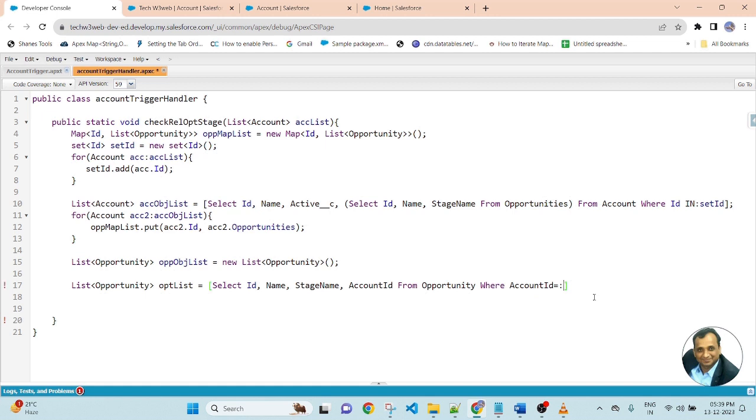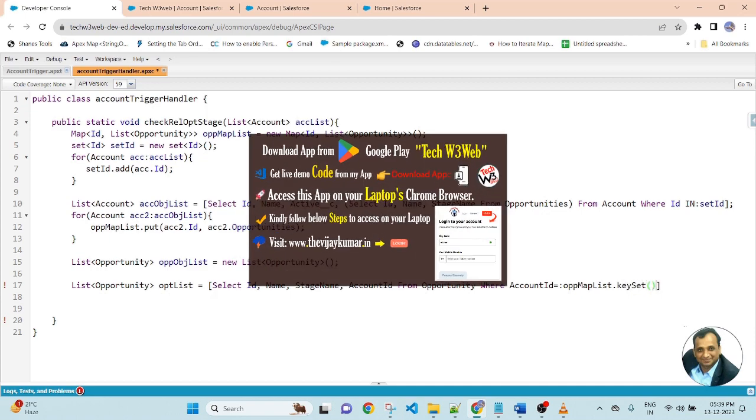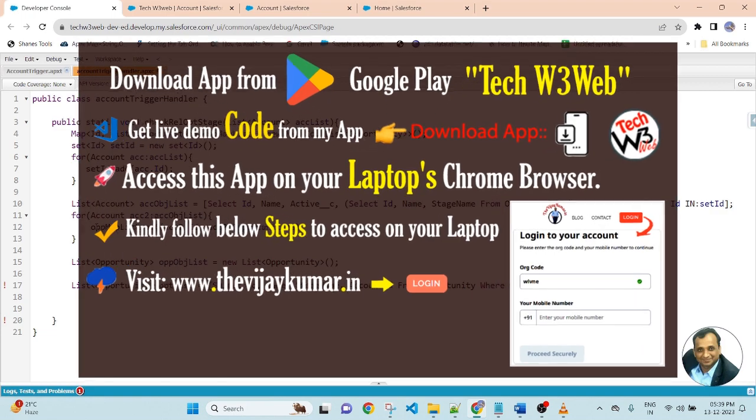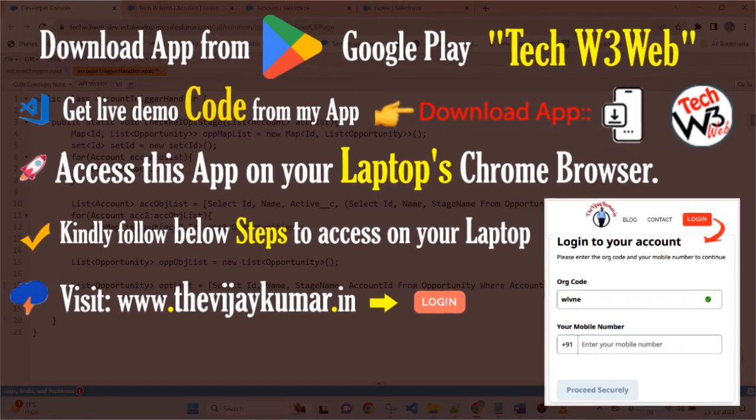So account ID would be opportunity map list dot key set. Here I am putting the value of my account ID and list of opportunity. So here I am passing the account ID, opportunity key set.